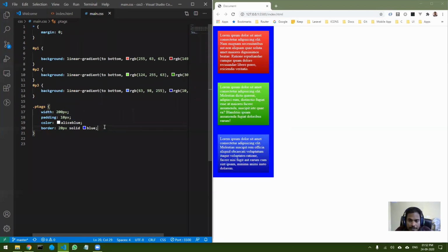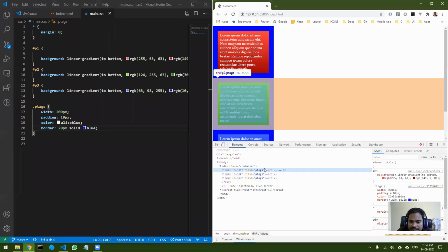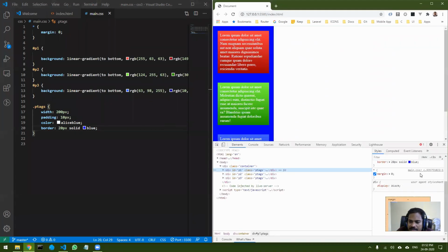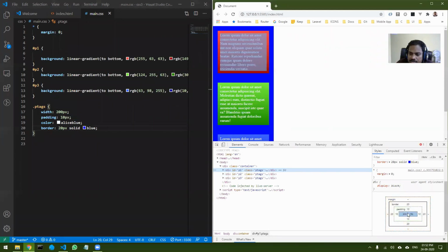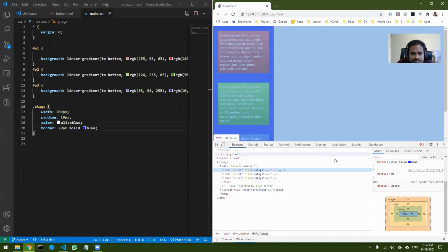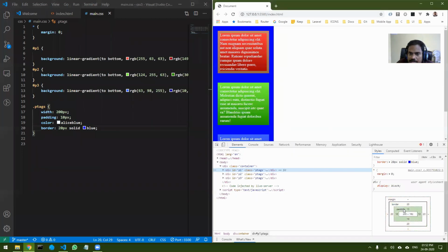Now I will show you one major problem with this particular setup. Just right click on this, do an inspect. And if I go down, let me just move myself here. You can see what my border is.